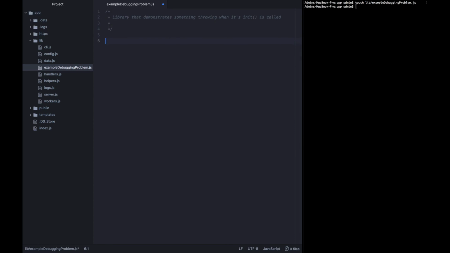We're going to set this up like any other module. So it's going to have a container for the module, var example equals an object. At the bottom, it's going to export it, module.exports equals example. And in the middle, we're going to create an init function. So example.init equals function,